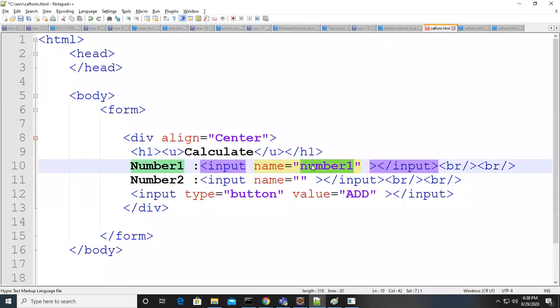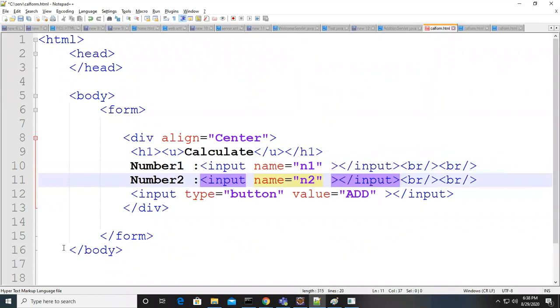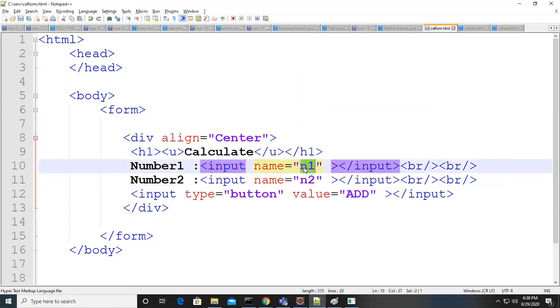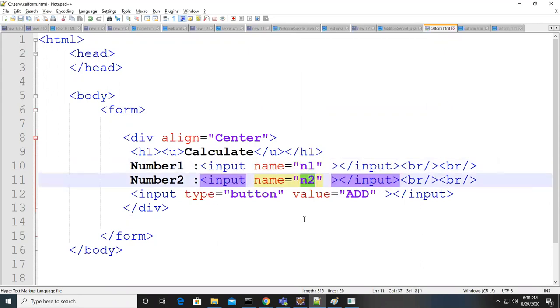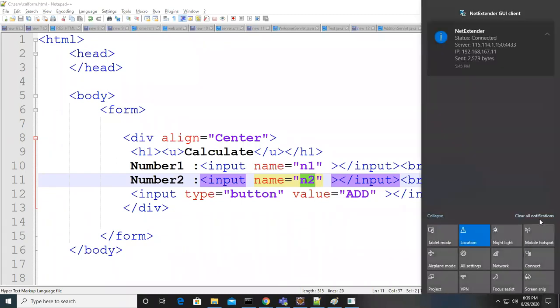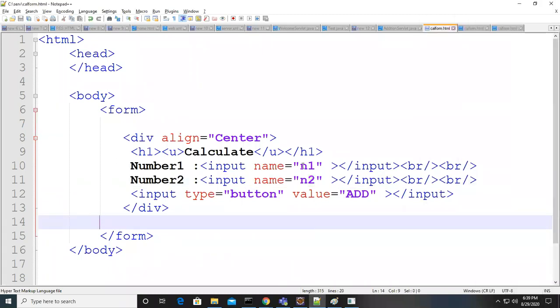You can give N1 and N2. So I just named each input field N1 and N2.